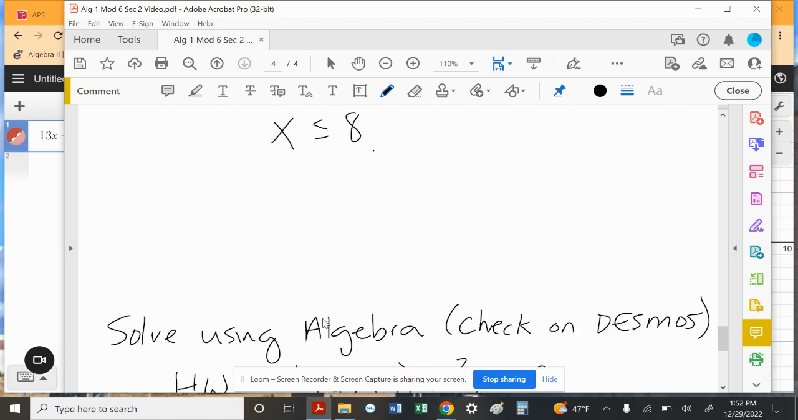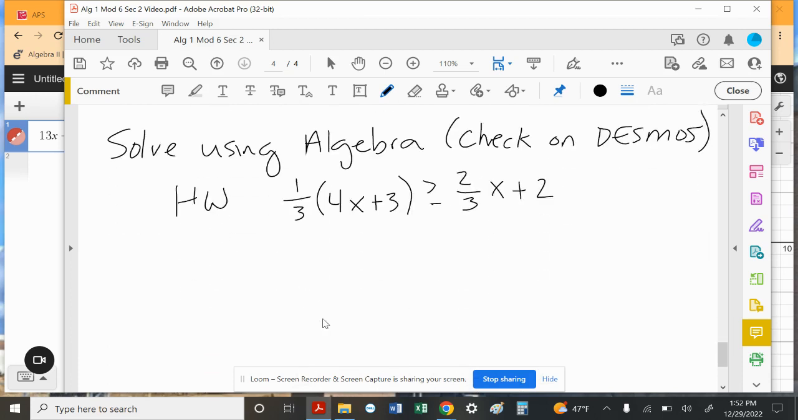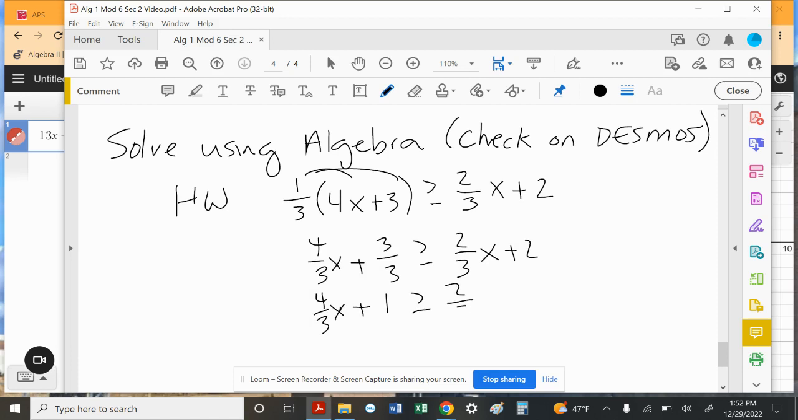Okay, on the last one, though, we're going to do one that has fractions. Notice that I have 1/3, 2/3, a bunch of fractions here. I'm going to first distribute the 2/3 through, this 1/3 through. So I get 4 over 3 x plus 3 over 3, which we already know is 1. And 2/3 x plus 2, so that gives me 4/3 x plus 1 is greater than or equal to 2/3 x